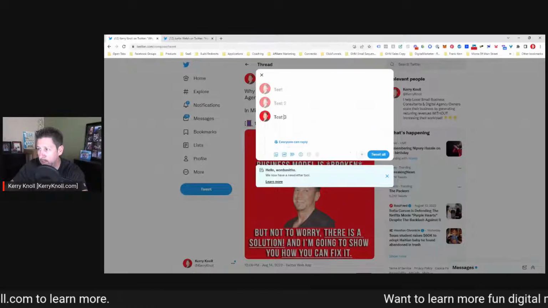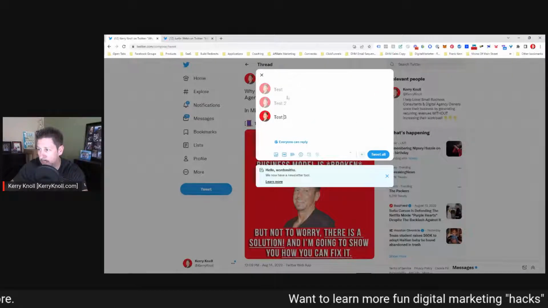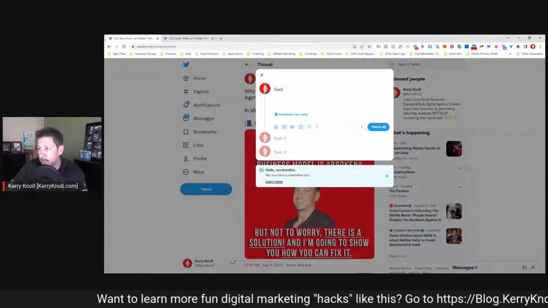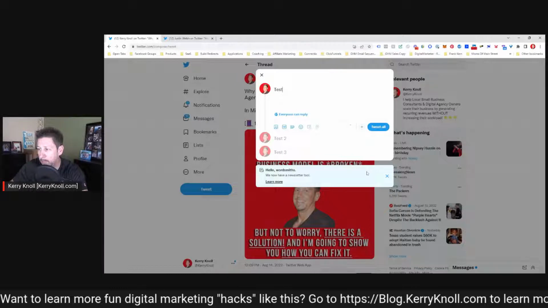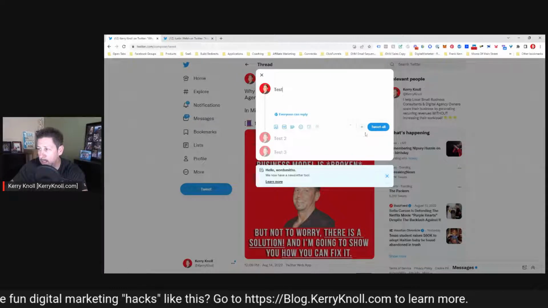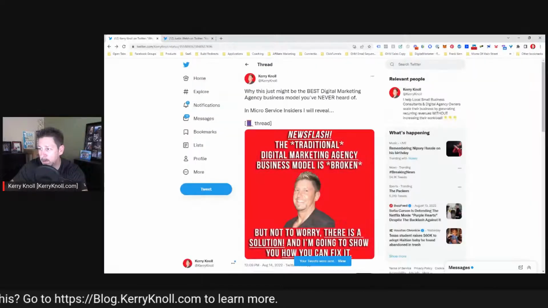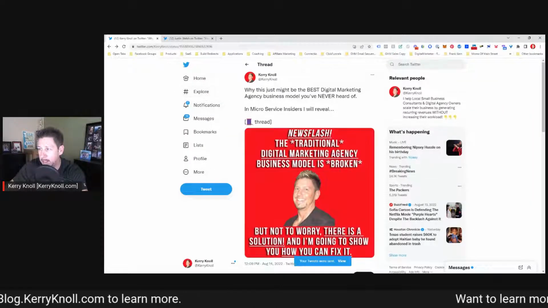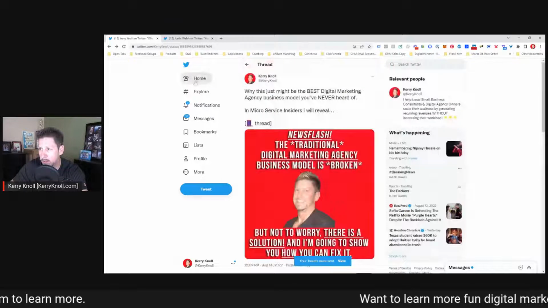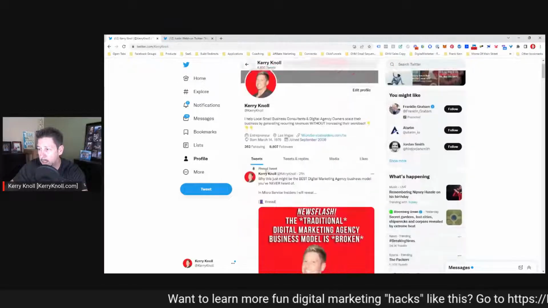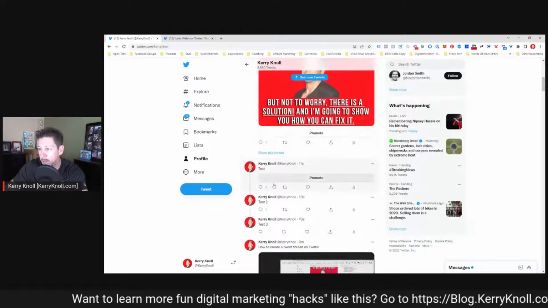And we go back and we can edit each one of these as we see fit, however we want to do it. We can add an image to each one of these. We can do other things like add emojis, of course, and bottom line is we can do whatever we want with this, and then we can just click on tweet all. If I click on tweet all, this is going to go out now on my feed as test 1, test 2, test 3. So let me go back to my profile here, scroll down, and there you